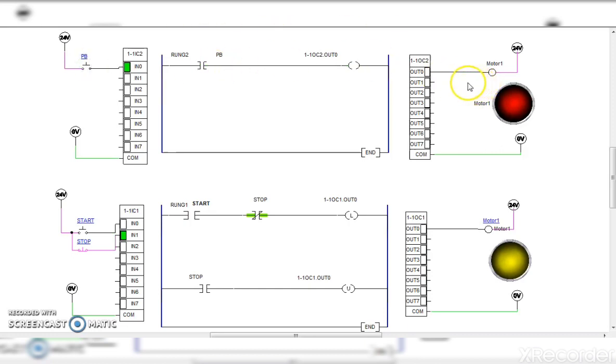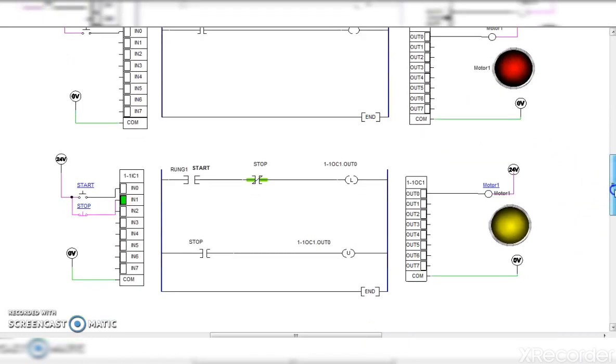Now this is called the logical response. When input is given or the push button is pressed, the device is on, and when the push button is released, the device becomes off again. But we require another condition, that is event response, in which when the push button is pressed, the output or actuator should be started, and though it is released, the actuator should run continuously. For this case, we are using the latching concept.